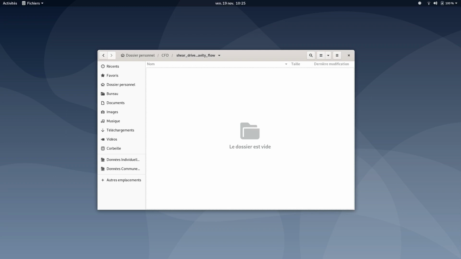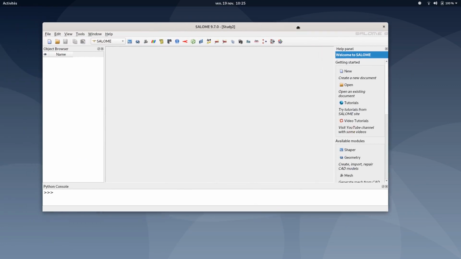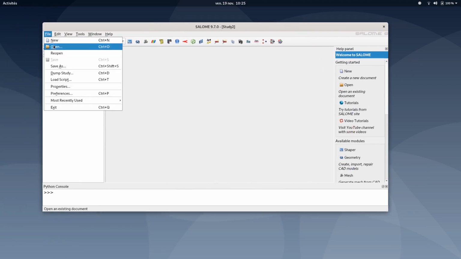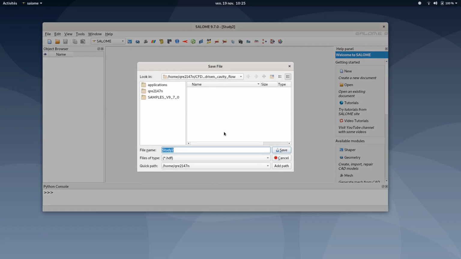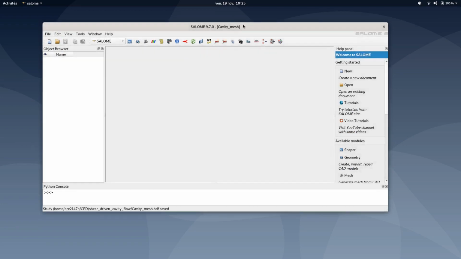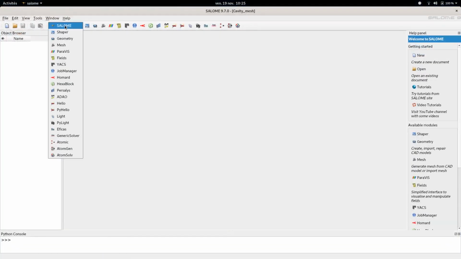For this tutorial, I advise you to create a folder in which all files, including the 3D model, the mesh, and the case, will be saved. Once this is done, you can open Salome, create a new file and save as, let's say, cavity mesh file. Save it. Then open the Shaper